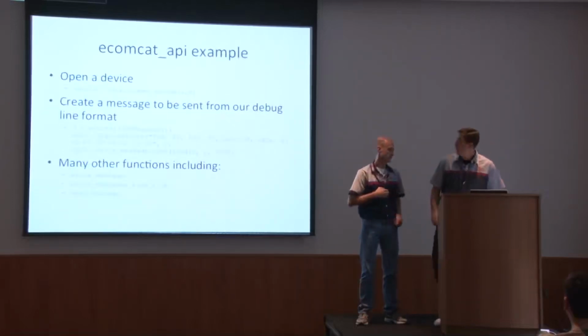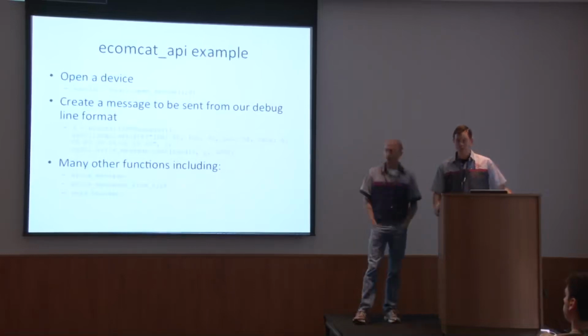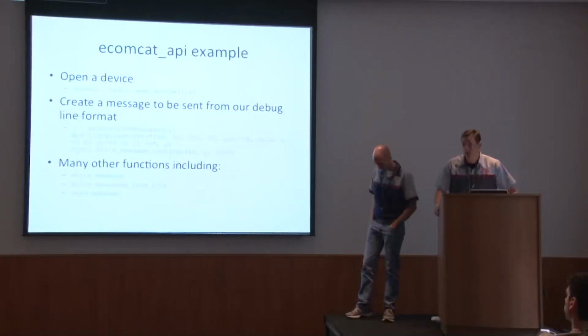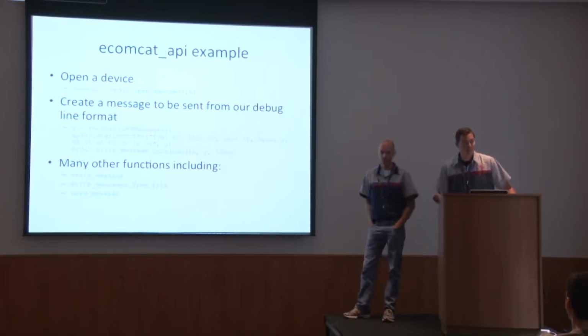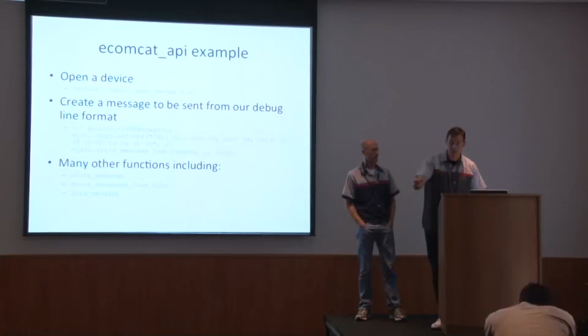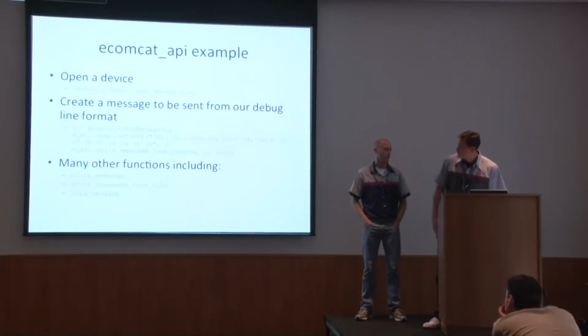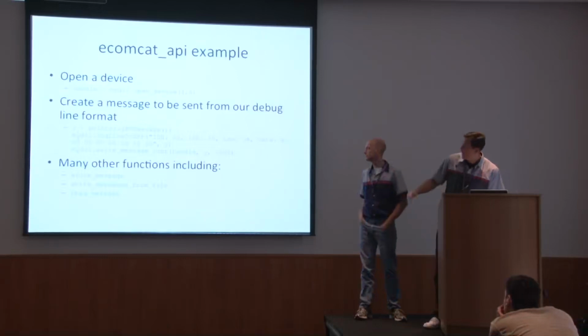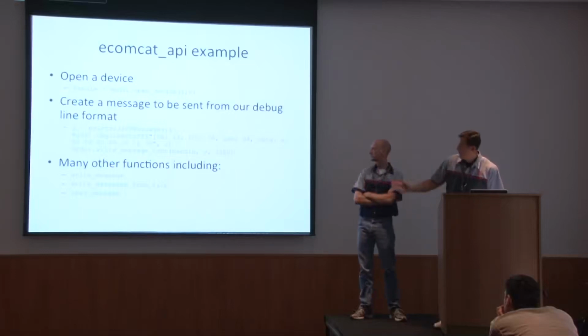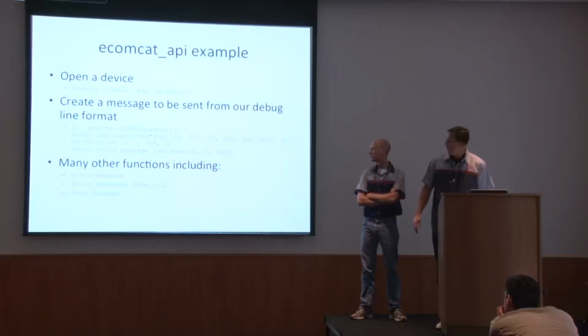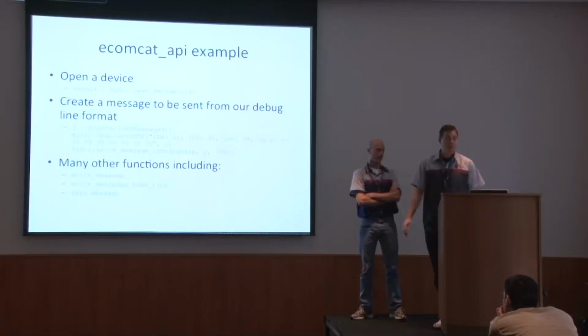So I'm a color by numbers type of guy, so an example makes it easy. If you're using our EcomCat API, the first thing you're going to do is plug the Ecom cable in your computer and hook that up to the car, and then you open the device. After opening the device, you can set up what we call the bug line to SFF. It's basically the format that we invented. It's text, and then you can write a message onto the CAN bus for a certain amount of time. So you can see in literally 4 lines of code, you can continuously write messages to the CAN bus.